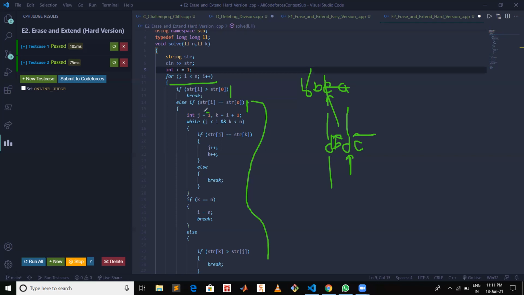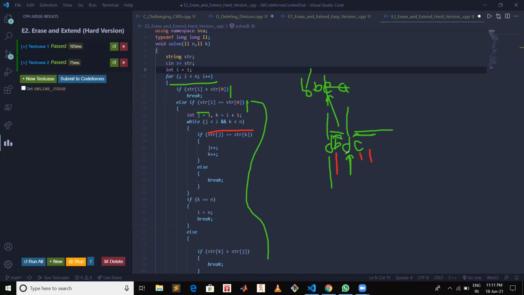So basically this J will run in this first part, this K will run in this second part, and we will keep comparing elements. So whenever these two elements will be equal at J and K position, then again we cannot decide on the basis of those.